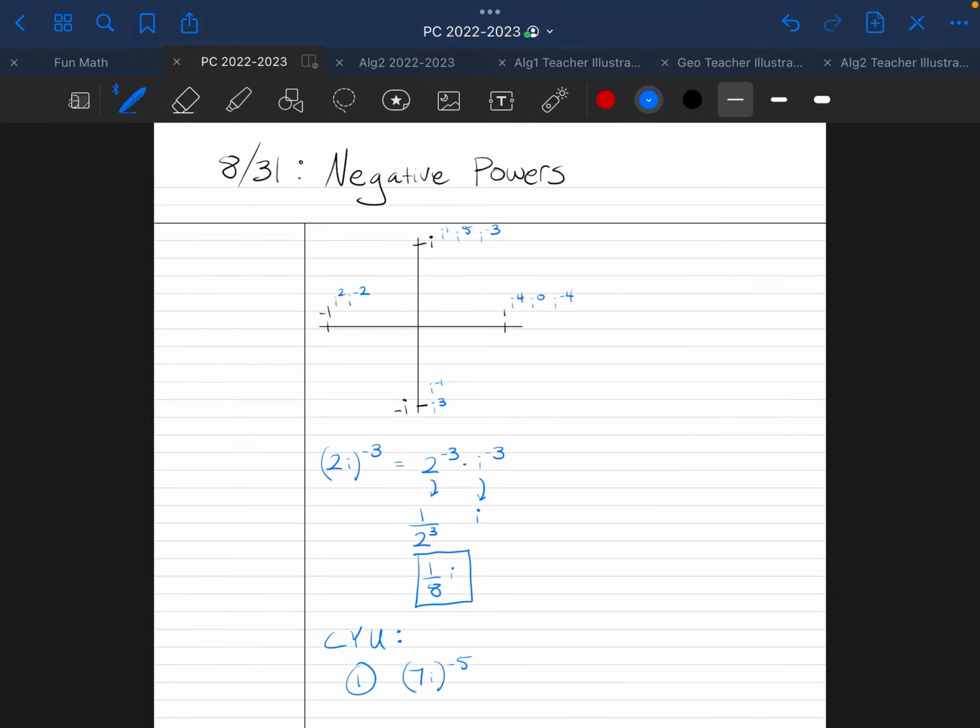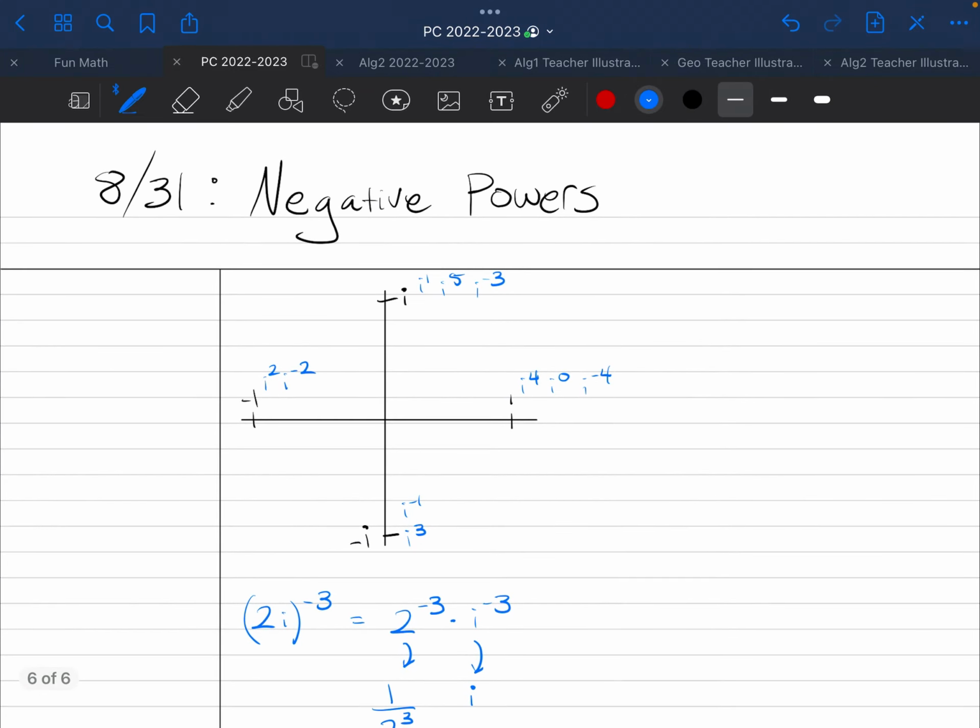All right, this is pre-calculus. Today is the 31st of August. We were talking about what happens when we have negative powers today in class, and the general reminder is we can go positive